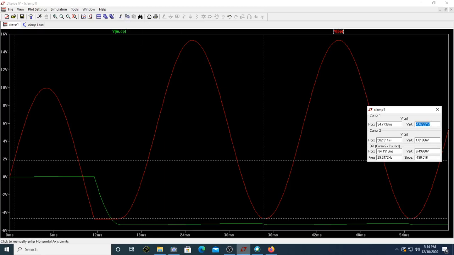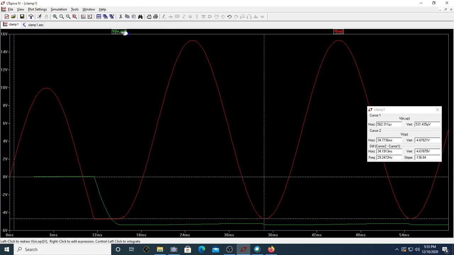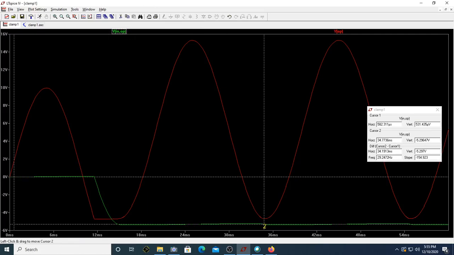If you see the capacitor voltage, what will be the capacitor voltage? Capacitor voltage is, instead of 10, okay, what will be the capacitor voltage? You can just have a look at it. Let me just put it on this. Can you see the capacitor voltage is now minus 5. Of course it would have been minus 5.4. You are almost there at minus 5.24 volts.